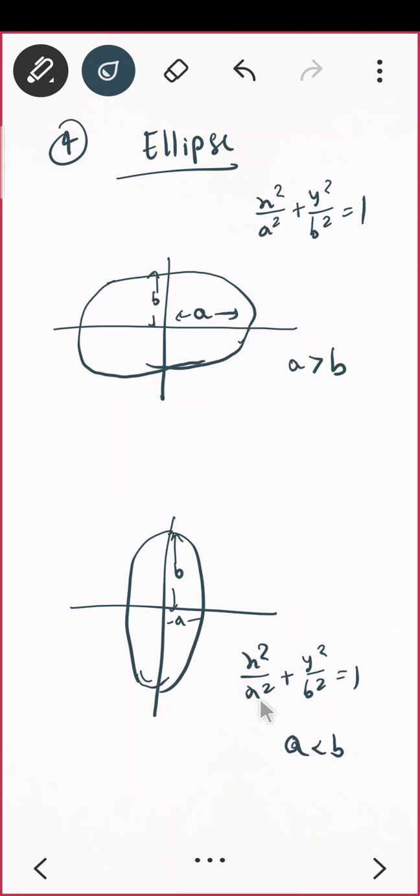Again, the same question is that here do you see the symmetry is at the center? So if you want to change the center to something h and k, the equation will be changed as x minus h the whole square upon a square plus y minus k the whole square upon b square. I hope that is okay to you. Correct?